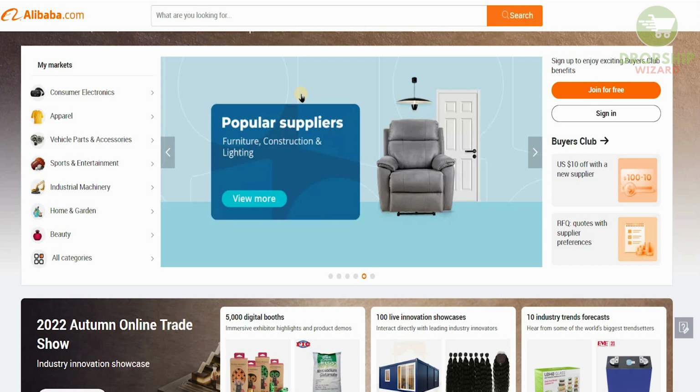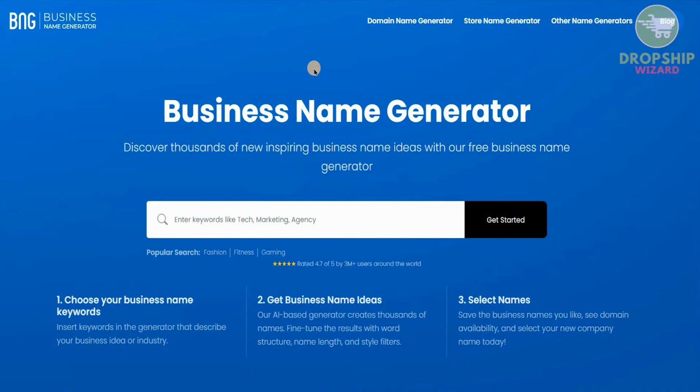Now, once you've done all of those elements, you will do the most important thing, which is select a name. And to select a name, you can head over to a website which is called businessnamegenerator.com. This is literally the most important thing that you should do for your business and the most research that should go into it, because this is going to be the common winning denominator for your organization. The name should reflect quality. The name should be sticking around with your customers, from your audience, so that they understand what the shop is about. And obviously it's a name that they should remember and become a brand for them.